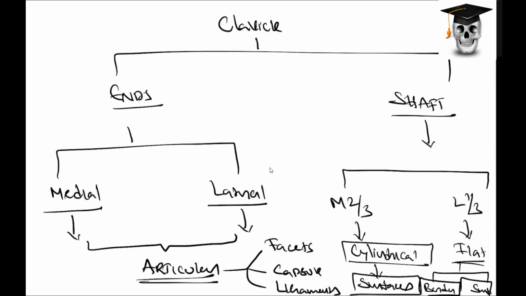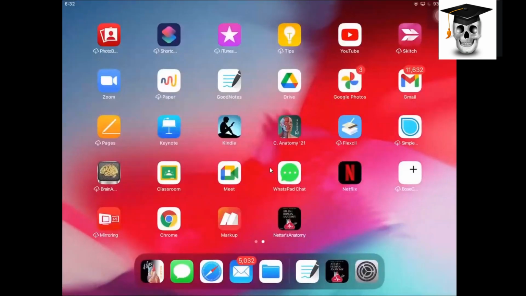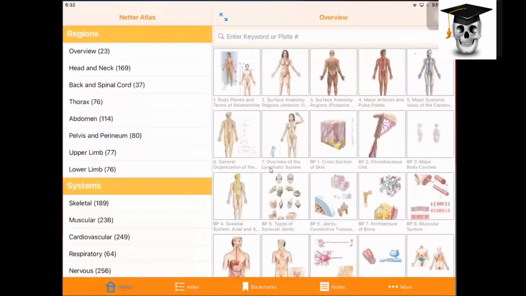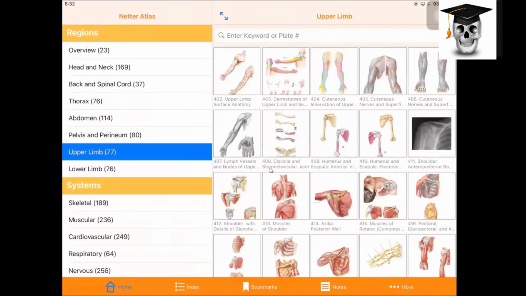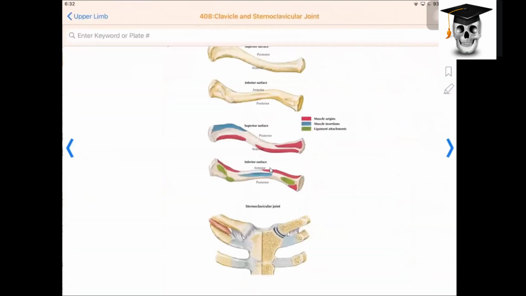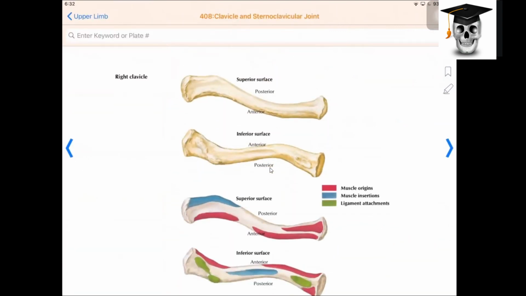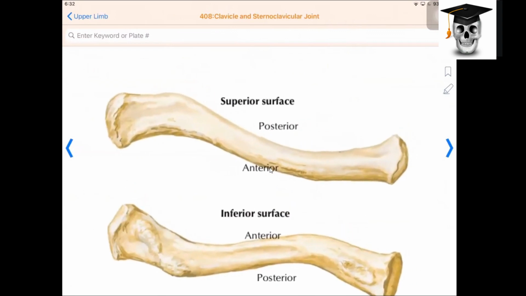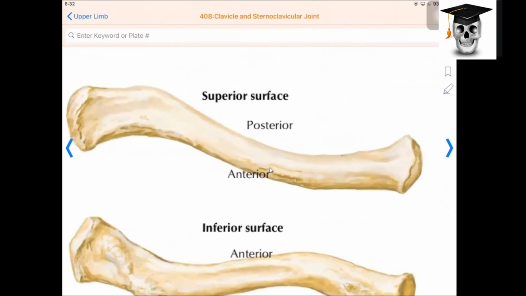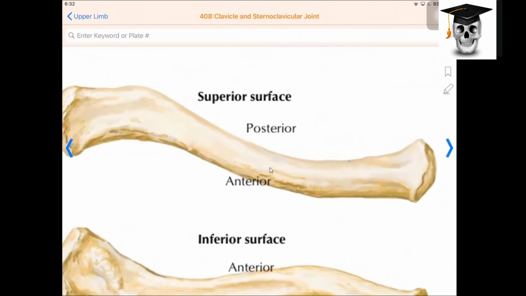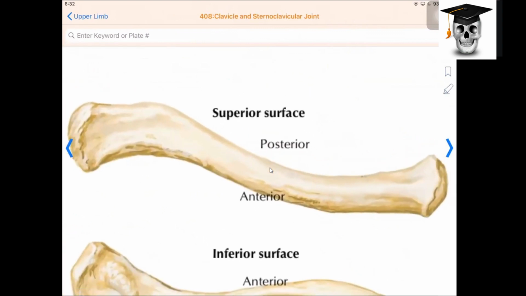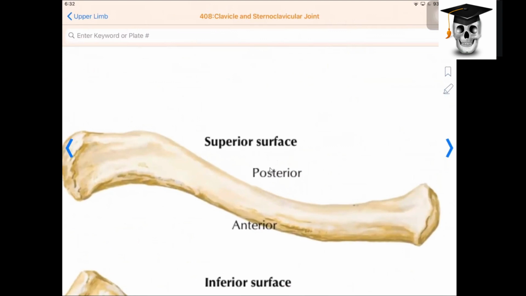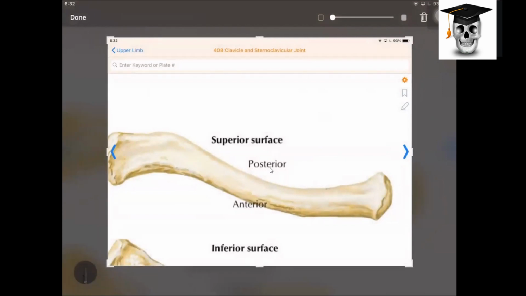Now, can you see my change of screen? This is the Netter atlas I was talking about. From the top view, that's your clavicle, and the only way I can scribble on this is when I take a snapshot. Can you see the labeling I'm doing?